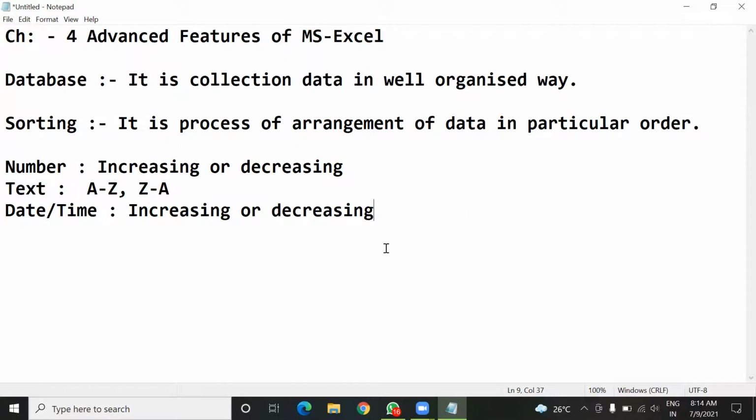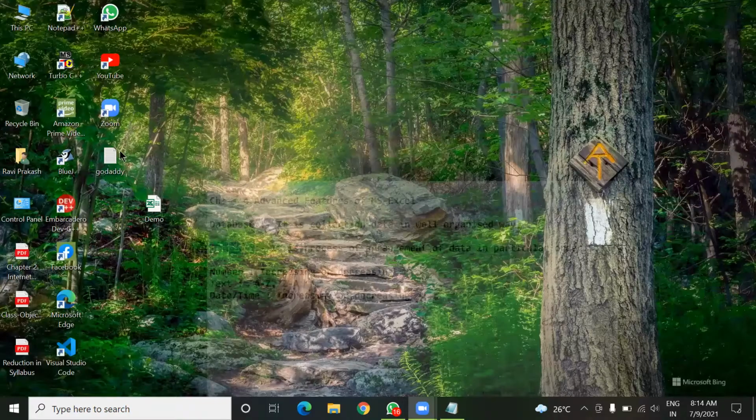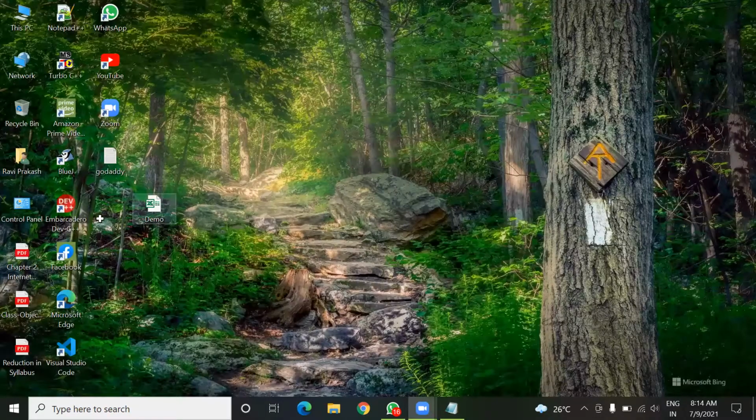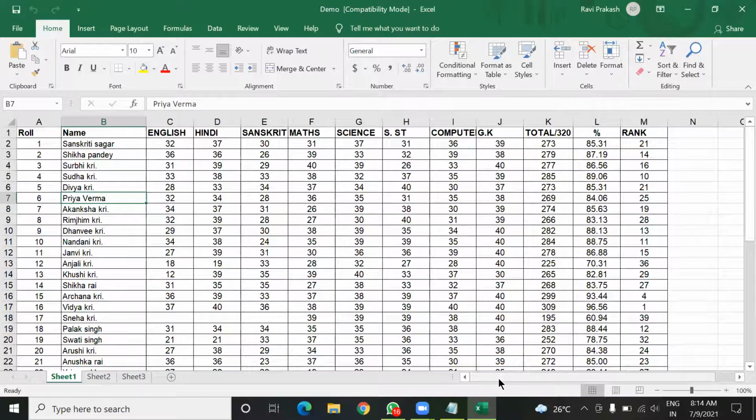Now I'm going to show you how to perform sorting in MS Excel. Here I have this sheet.